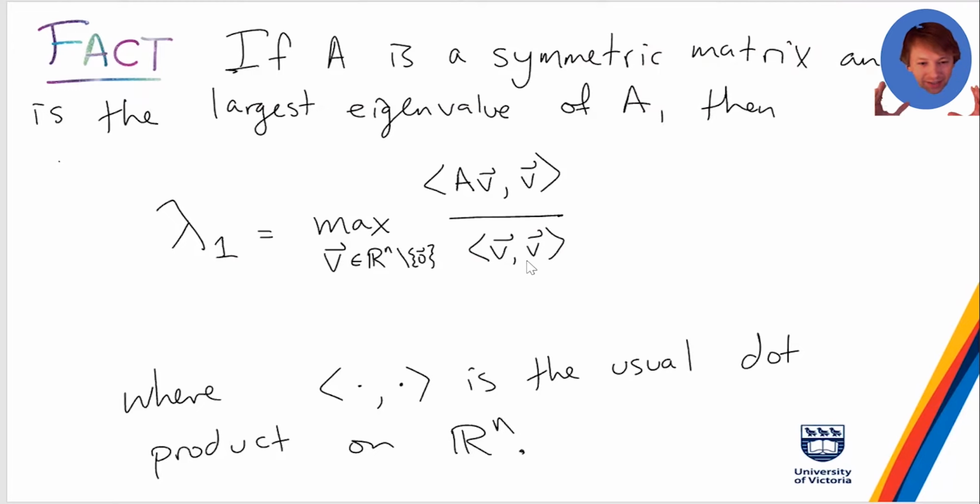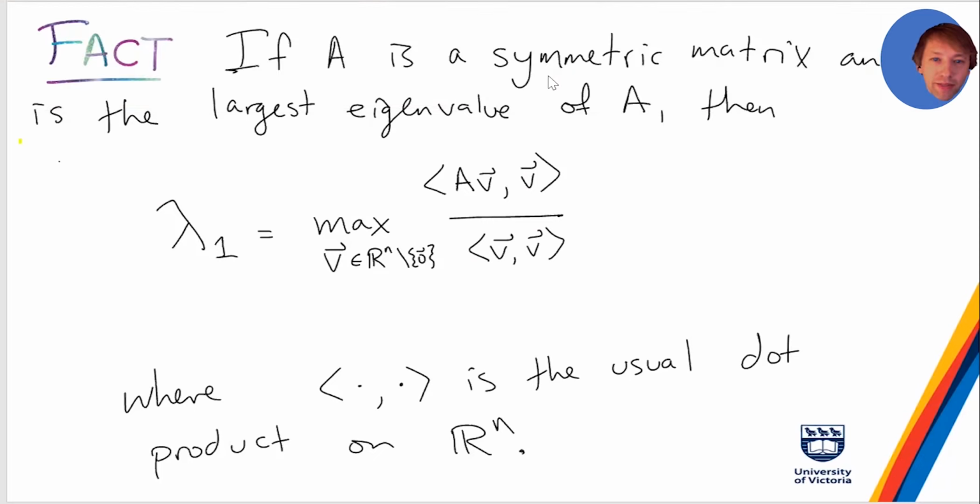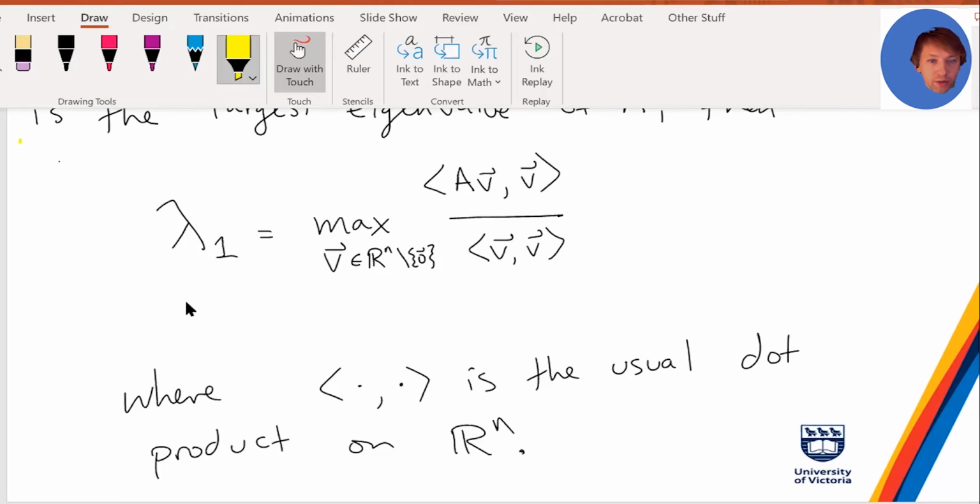It really can be proved by just thinking about change of basis and stuff like that, diagonalization basically, but let's not think about that. Here's a fact from linear algebra. If A is a symmetric matrix and lambda 1 is the largest eigenvalue of A, then there's a nice way to describe it. The largest eigenvalue is equal to the maximum